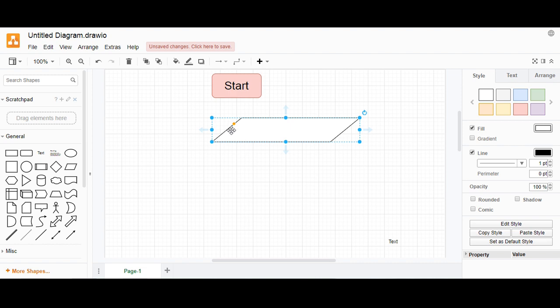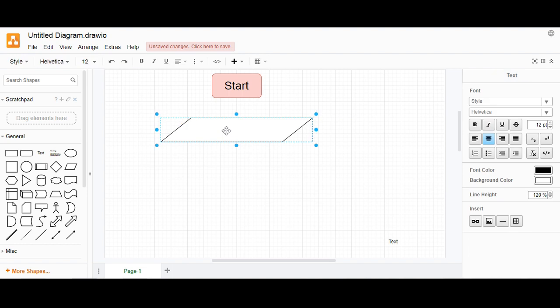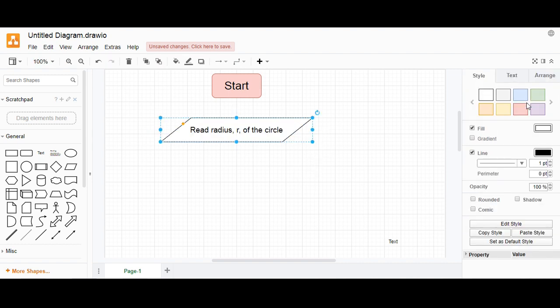Place it, increase the size, and write: read radius r of the circle. Increase the size. You can also change the color.